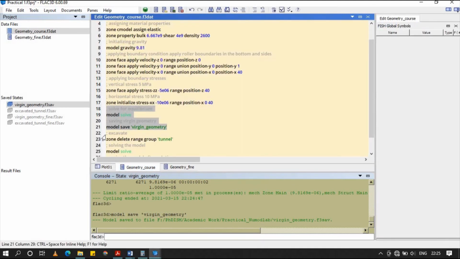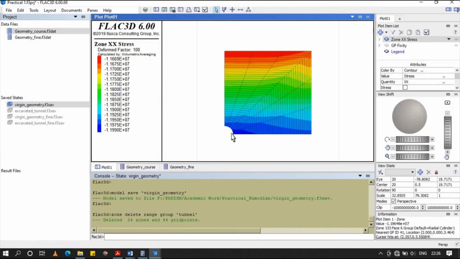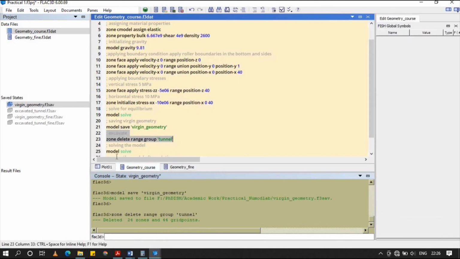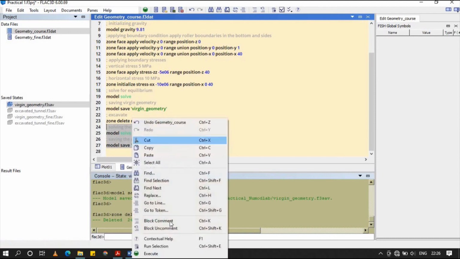Okay, so now we excavate the model. See, we excavated this portion, and now we'll solve it again and save it using the name excavated tunnel.